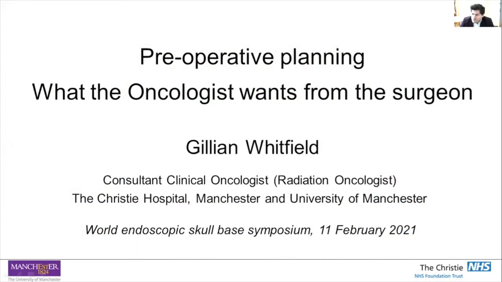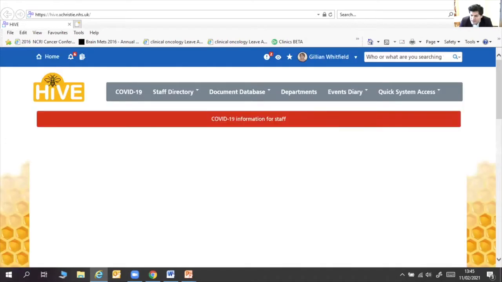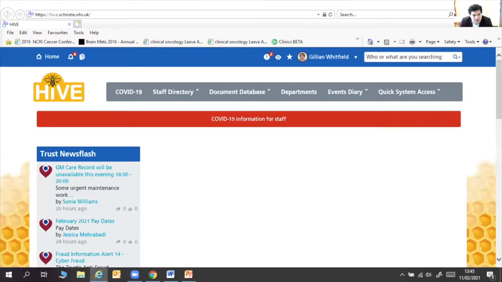The next session is on pre-operative planning. Now, what we're not trying to do here is settle the debate about gross total or maximal total resection versus subtotal resection. That would probably be in the controversies section, and we'd never have enough time to solve the problem. But what we are trying to do is remedy the problem that sometimes happens where there's a disconnect between what the surgeon intends to do with his operation and what the oncologist actually